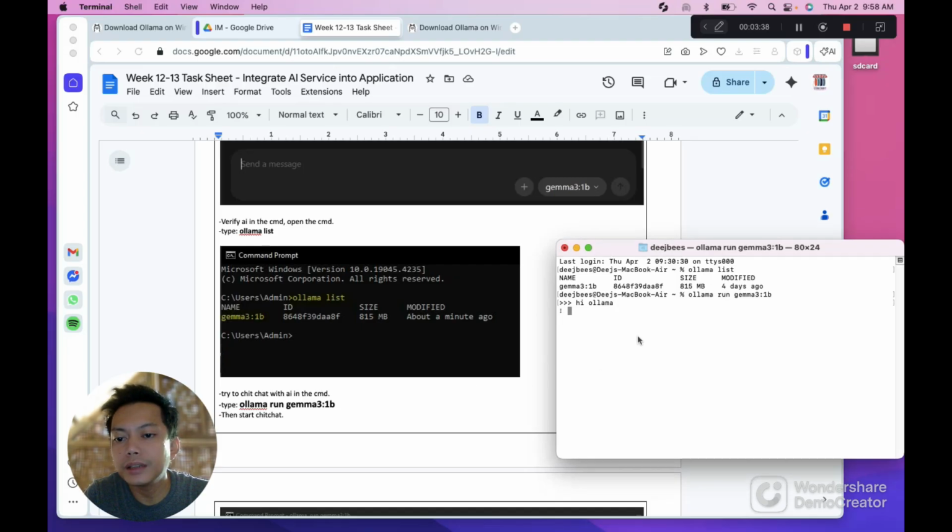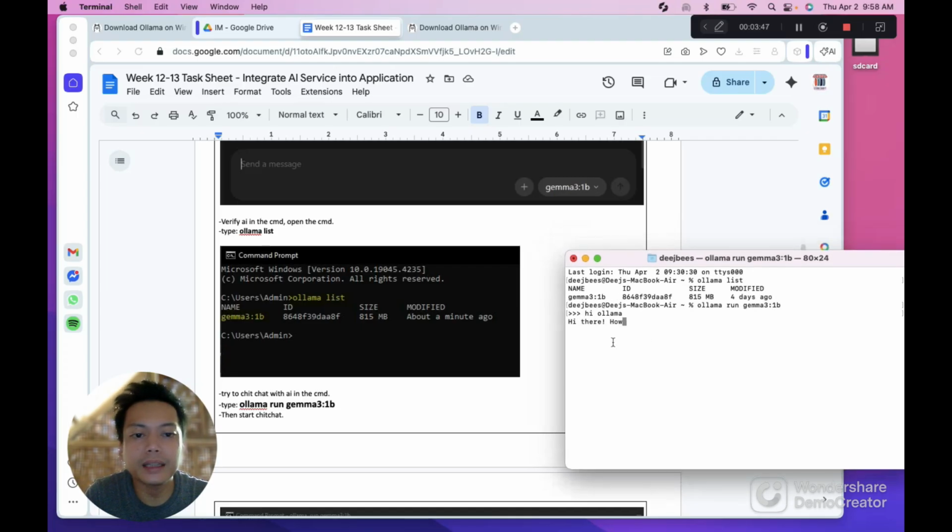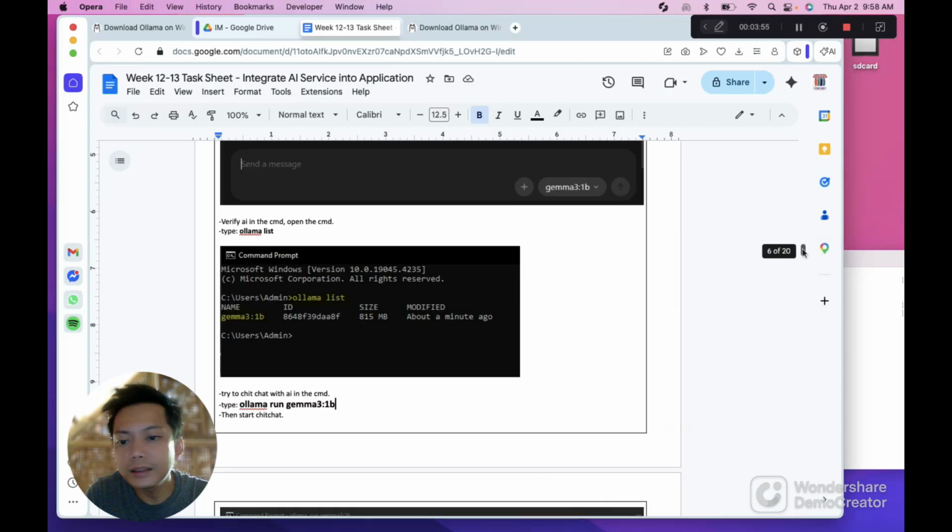So we are now going to wait. As you can see, it takes time to reply, but at least it's working. So here it's now replying. Again, it depends on the specs of your computer. Now we're going to proceed.